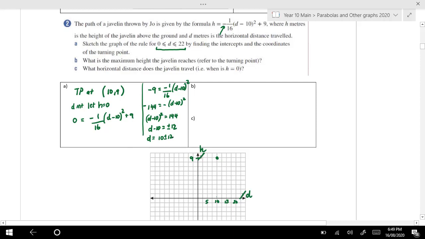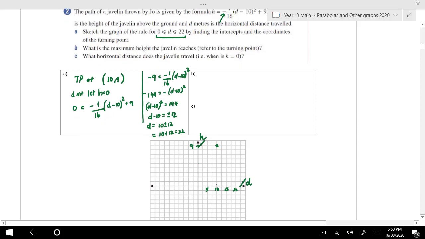Now, if we go ahead and do that, 10 minus 12 is negative. You can't get negative distance, because d meters is the horizontal distance traveled. So in actual fact, there's only one solution to this. It would be 10 plus 12, which of course is 22. Yes, there are two solutions, but not in this case. It just doesn't make much sense, does it? So 22 is somewhere over here, and this javelin basically comes up